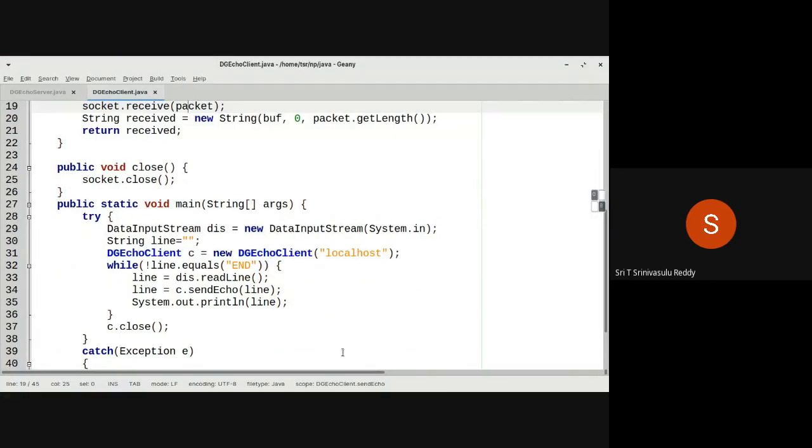After doing all this, if you want some kind of a prompt, we can also prompt it. I think it's a better mechanism.